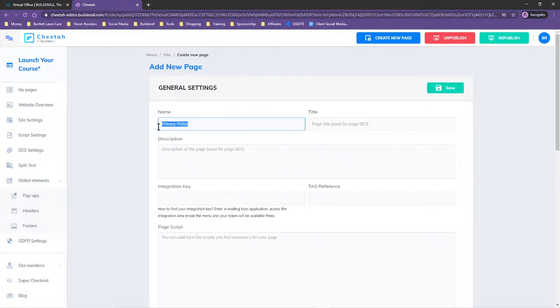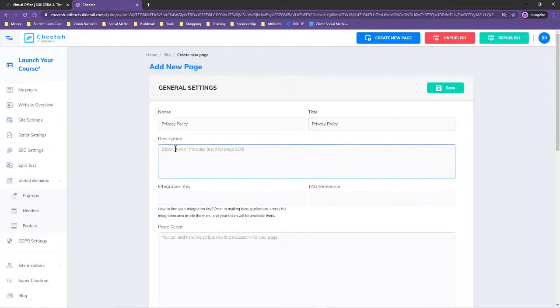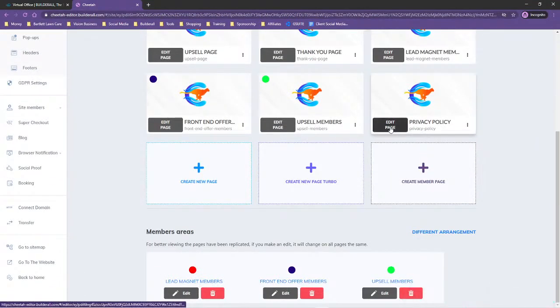And this is the law, so if you plan on running any type of ads or anything like that, you are going to be required to have this. So let's go ahead and click save here, and we'll create this page. But Builderall makes this super simple. I'm going to show you how. So we'll click edit page,